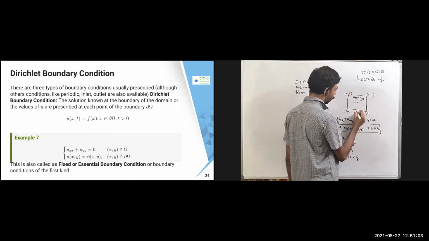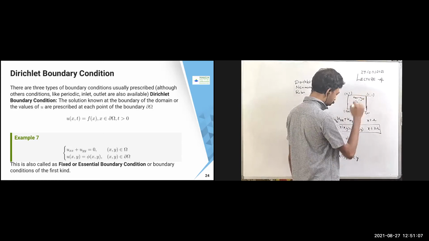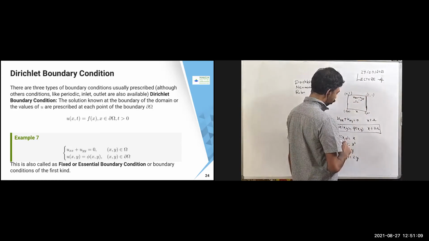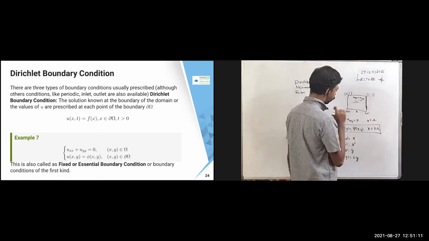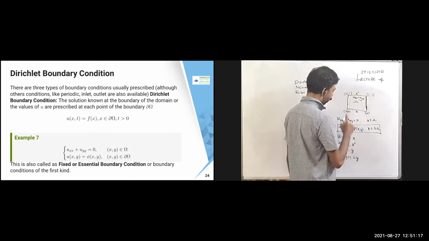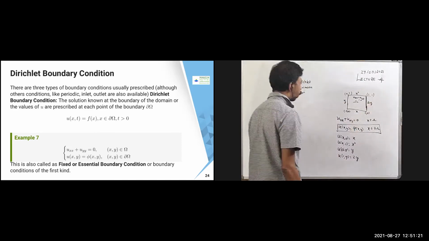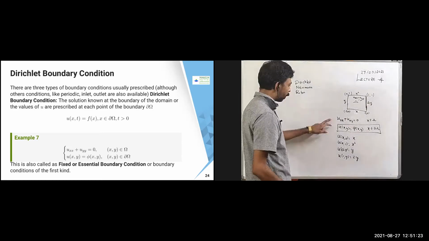So y equal to 0 means here x, and this is x equal to 1. So it is going to become like, no, here y equal to 0. So x belongs to, yeah, this one is x is going to be that. Okay, so because y equal to 0 and y equal to 1, this is going to become like x square. And this way I can write as y, this one I can write as 2y. So if I write this one, it is going to represent these three things.